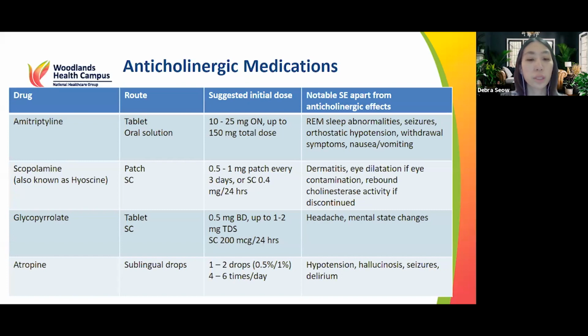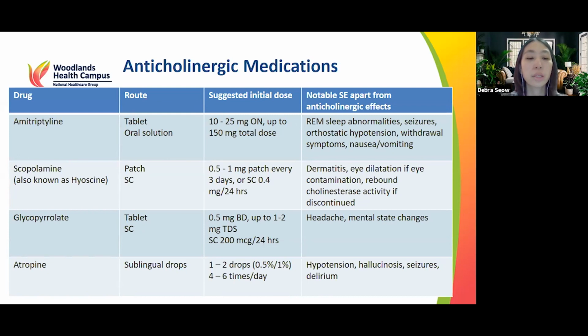There's also quite an interesting case report that I'm just going to share with you. I don't have the slide here, but I just wanted to share this by a doctor called Cooper Knock. Basically, he gave sub-Q glycopyrrolate 600 micrograms over 12 hours. And it was found that the NIV tolerance after giving that dose of glycopyrrolate improved from less than one hour to 6 to 8 hours every night. So that was quite an interesting thing, and it suggests that further studies may be considered with the glycopyrrolate sub-Q version as well,